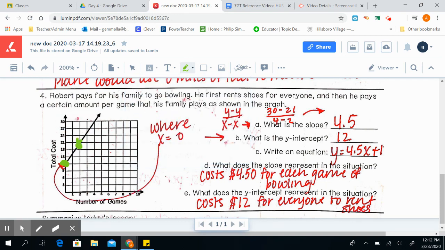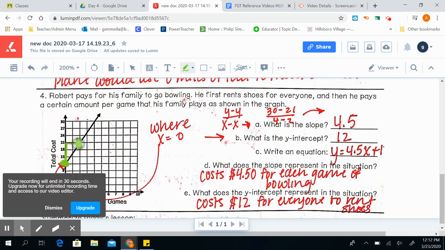Okay, so this is at 12, up to 21, and then over 2. So the y change is 9, because 21 minus 12 is 9. The x change is 2. So the slope would be 9 over 2, and 9 over 2 simplifies to 4.5. The y-intercept